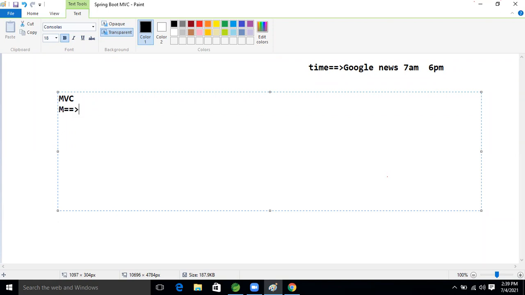M is normally model, right? Model is nothing but our data. Another one is V, which stands for View. Our View is nothing but the UI. View is nothing but whatever things we are getting, the presentation, the display, whatever thing